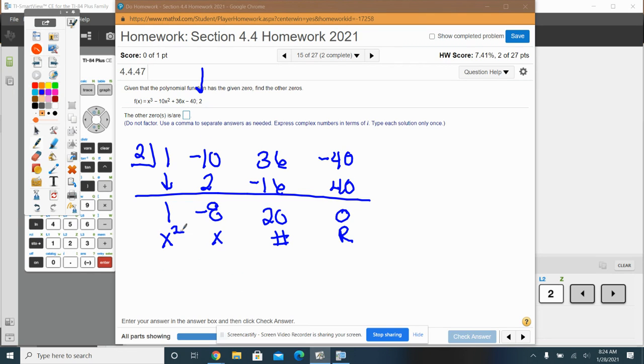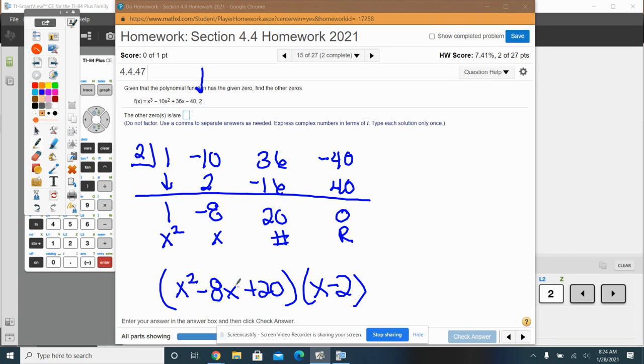So I get x squared minus 8x plus 20. Remember, what is that coming from? It's coming from that times the one with the factor that comes from the 0, the x minus 2, equals what I originally started with. So this one is interesting